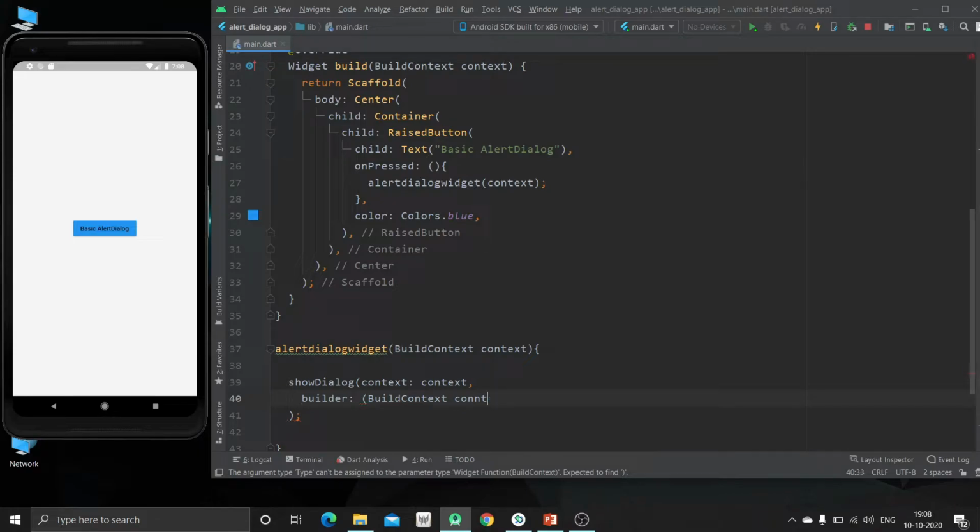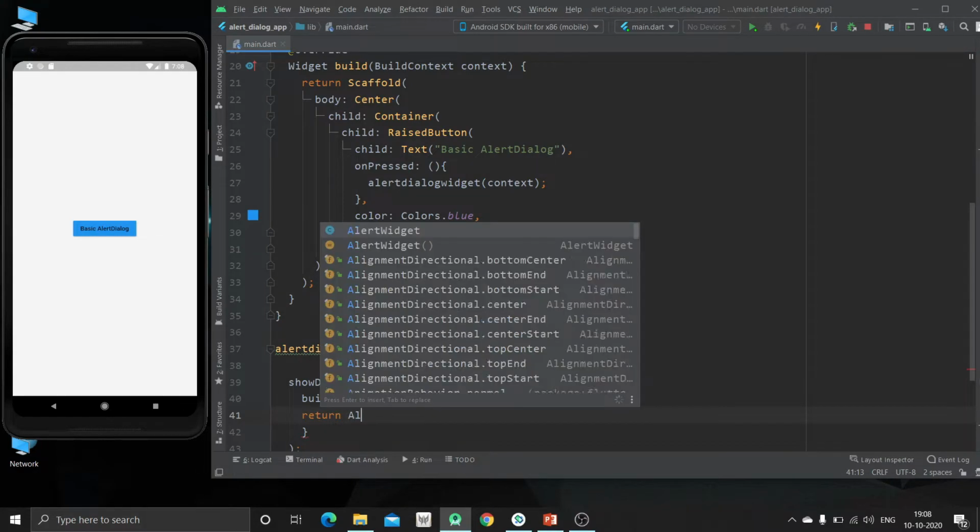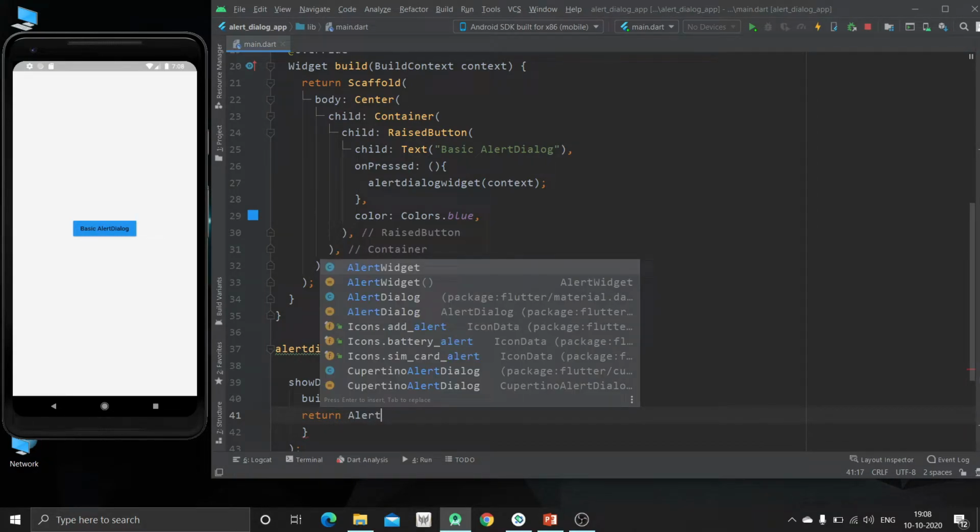Okay, wait, let me close this first. Now we will use this context and we will create this. Now we will return the alert dialog widget.